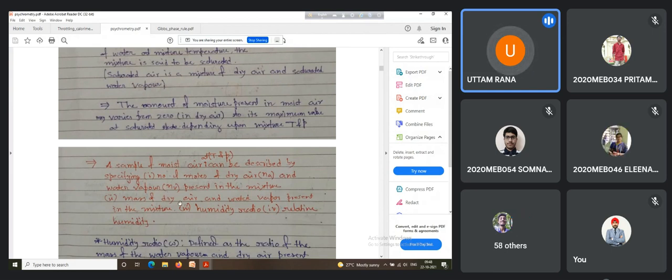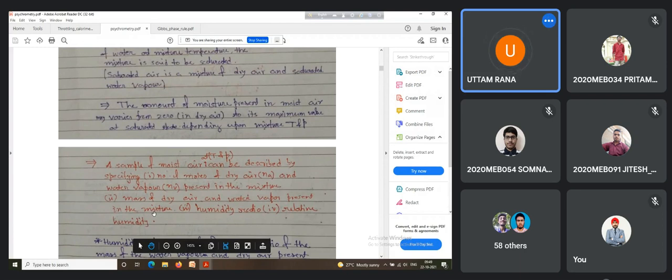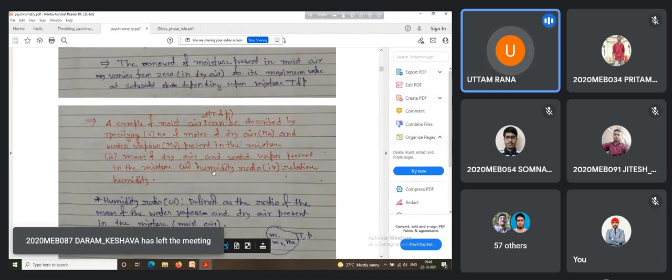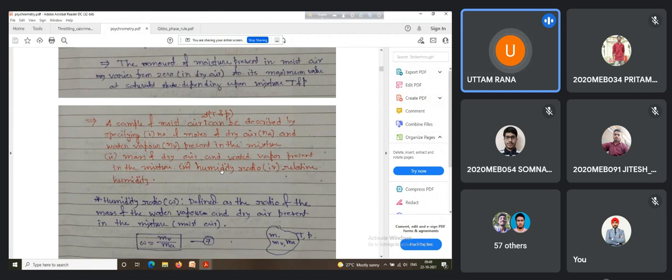You can define the mass of the dry air and the water vapor present. So it basically leads to the mass fractions. If you define the mass fraction of any one of the components, the other one will be fixed. Apart from temperature and pressure, you can specify the mole fraction of any one of the components, the mass fraction of any one of the components, or you can define the humidity ratio or relative humidity. They are basically related properties. So either specify humidity or relative humidity apart from temperature and pressure. If you specify any one of these quantities, the state is fixed.